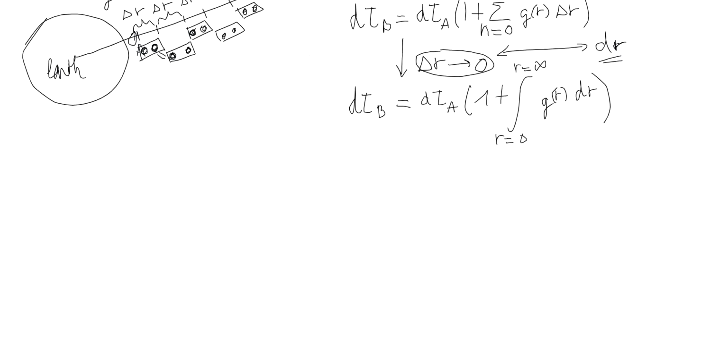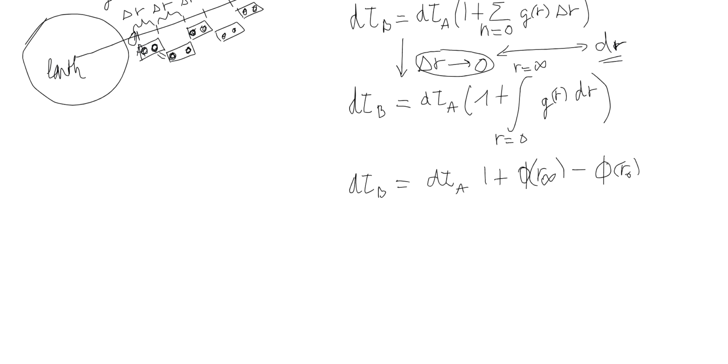You can write d tau B equals d tau A times 1 plus phi of r infinity, where phi is the gravitational potential, minus phi of r 0,